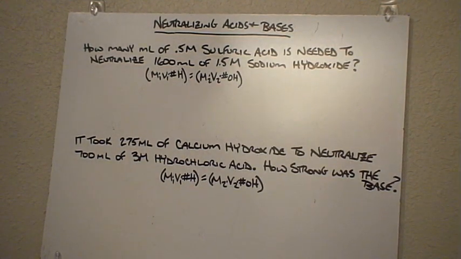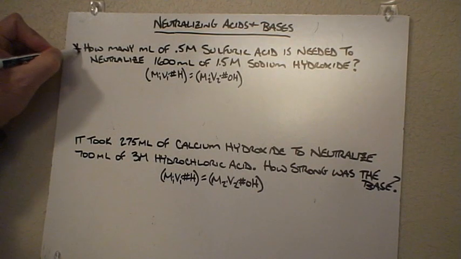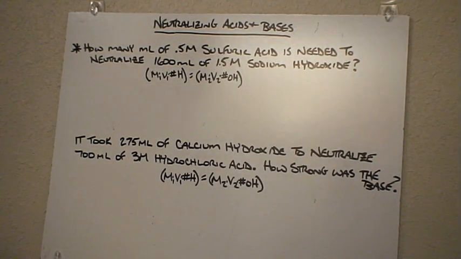One of the things when we're working with acids and bases is using one against the other to figure out concentrations or to neutralize or whatever. So we have a couple different scenarios of how to figure out the math behind neutralizing acids and bases. If we take a look at this first example, we see a classic type of question. It's asking how many milliliters of a specific acid are needed to neutralize another known set of quantity and strength